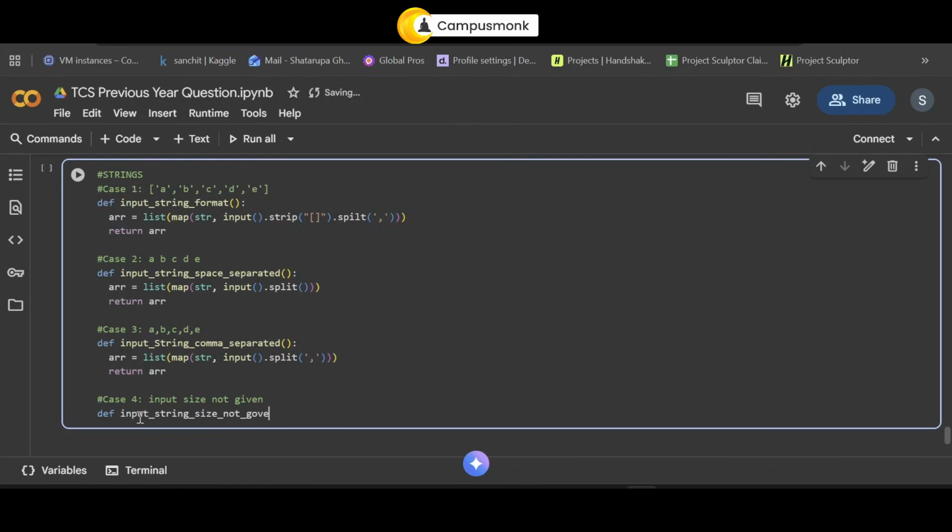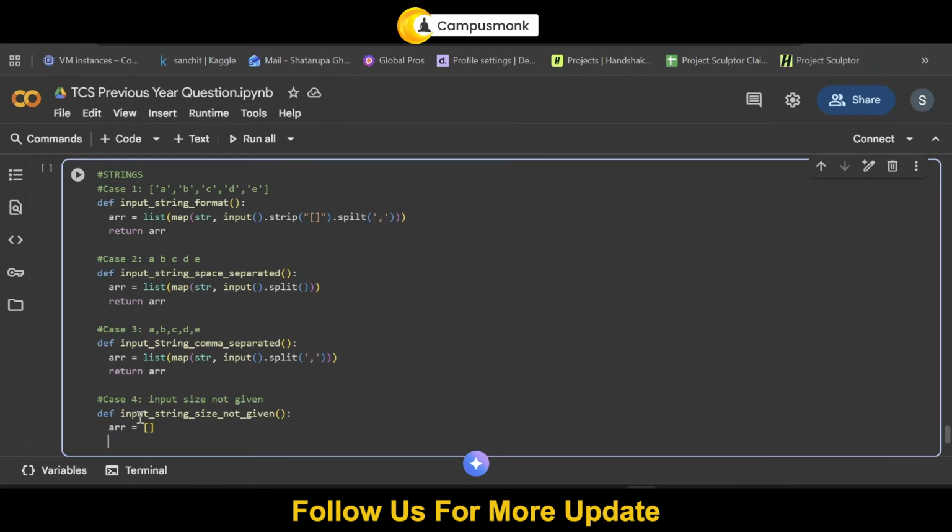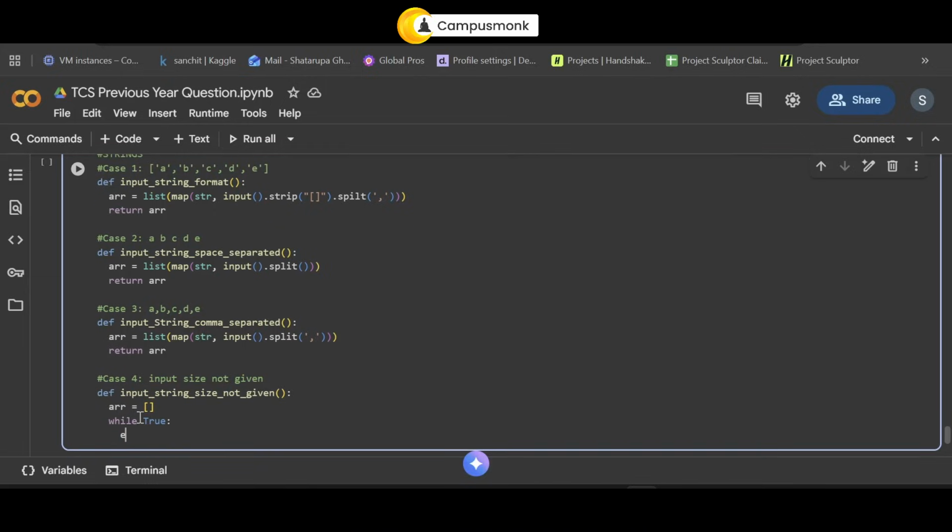Okay, you are definitely not taking this big name in your exam. This is just for your understanding, okay? So you'll create an empty list, arr, and you will do while true. While true, what are you going to do? You are going to check if the element